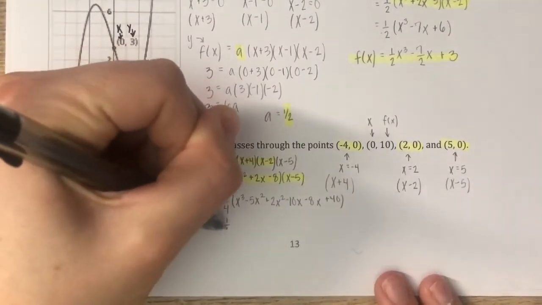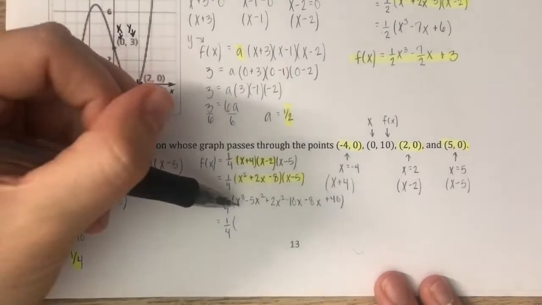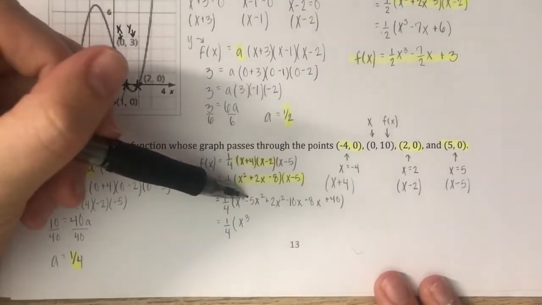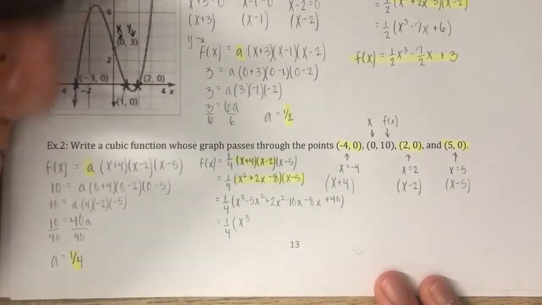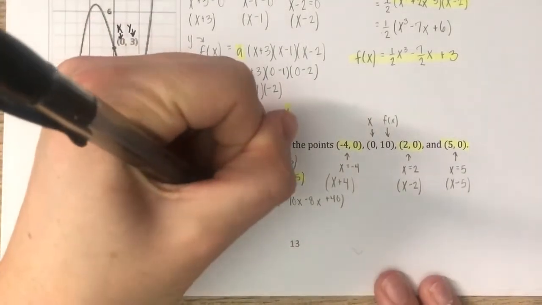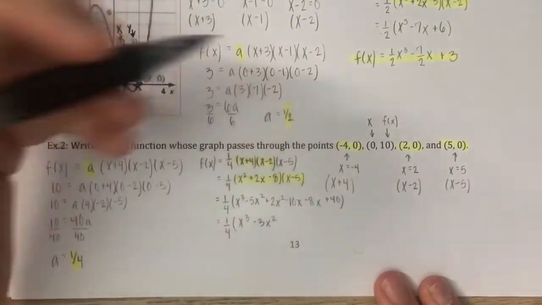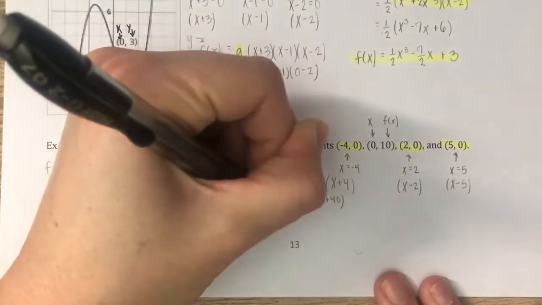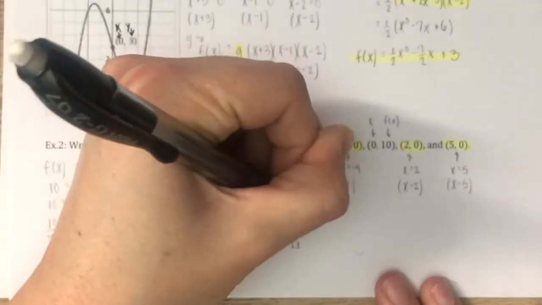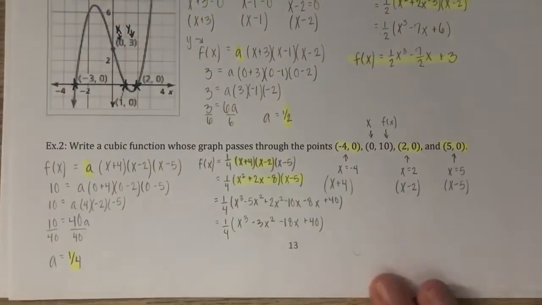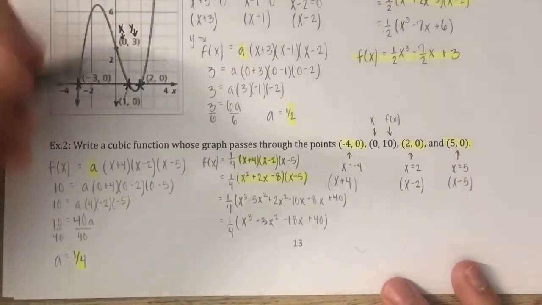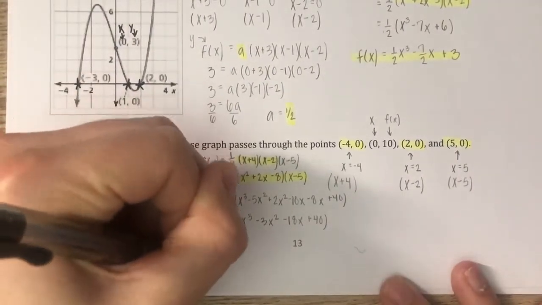And then bring down the 1/4, combine like terms, so x cubed, that's my only x cubed term. Negative 5x squared and 2x squared together, that's negative 3x squared. Negative 10x and negative 8x together is negative 18x, and then plus 40. And then now I can go ahead and distribute that 1/4 in. So when I do that, I have f of x equals